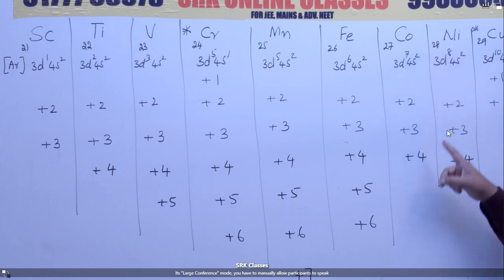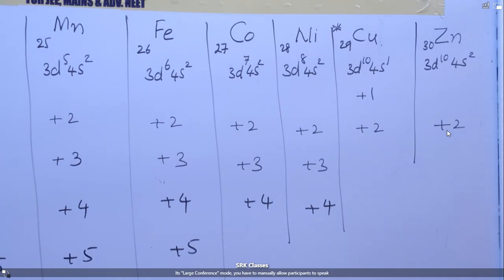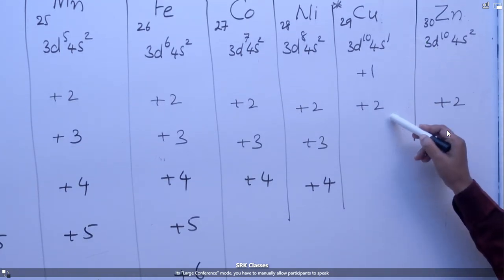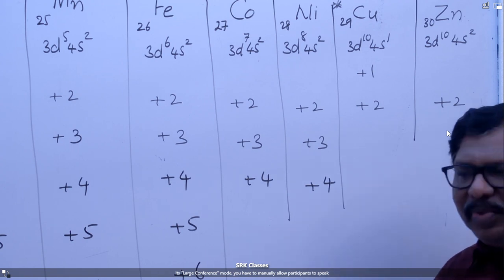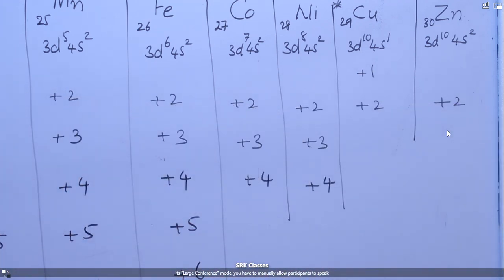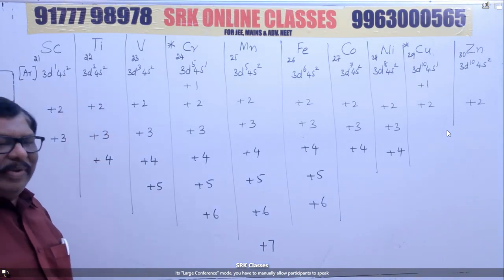Next one, cobalt up to +4, nickel +4, copper +1. Once again, look at the copper. Anomalous electronic configuration is there. +1 is due to loss of electron from the s orbital. +2 is due to electron loss from the s as well as d orbital. And zinc shows +2. If you observe clearly, in the total 3d series elements, only one element cannot show variable oxidation